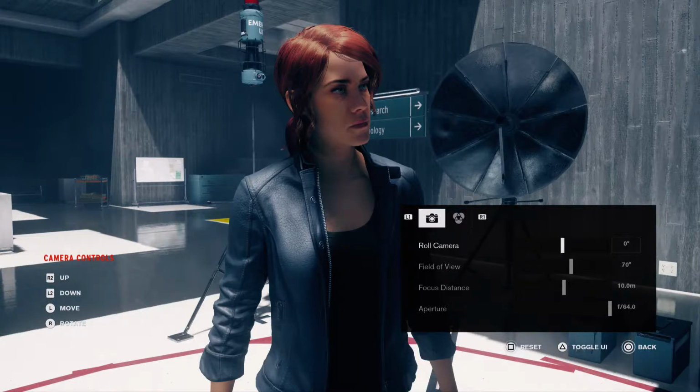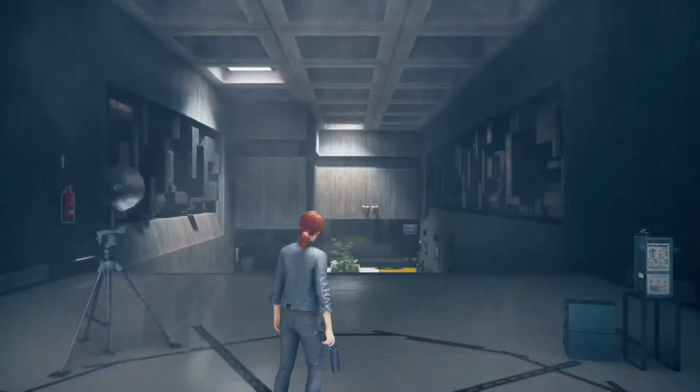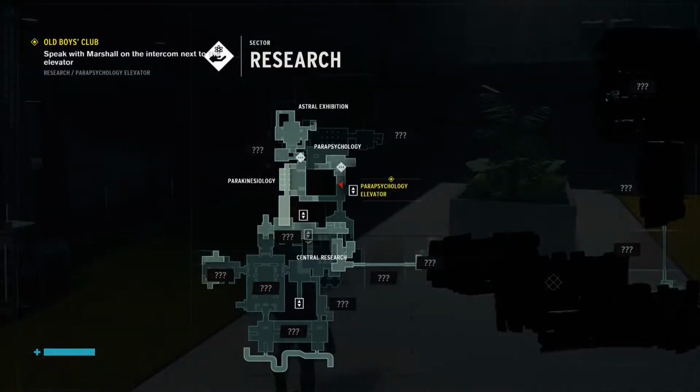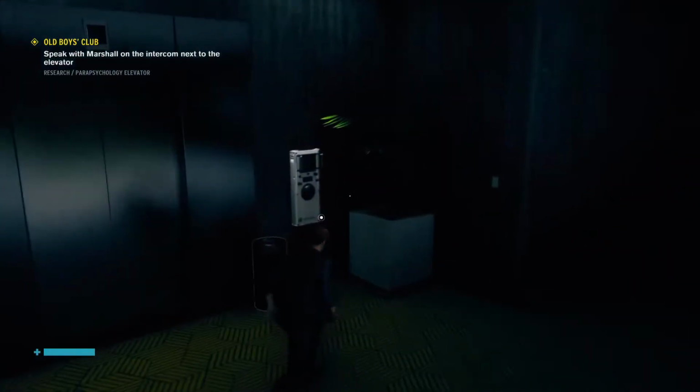Okay, so let's go back. Let me just check one thing here. Because for some strange reason. Oh yeah, okay, it actually adds it. Nice. Okay, we are all set and ready to go. Here we are. Okay, so Old Boys Club. Parapsychology elevator. Alright, I have to go to the left. This one it'd be...